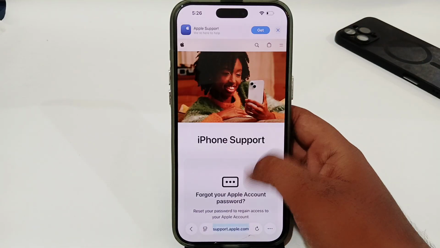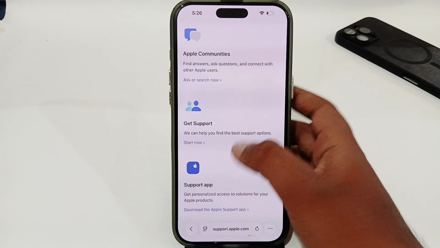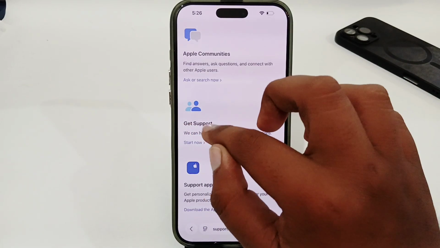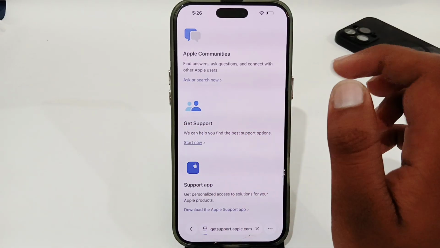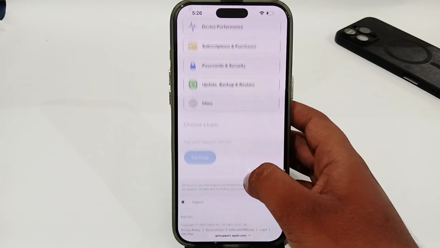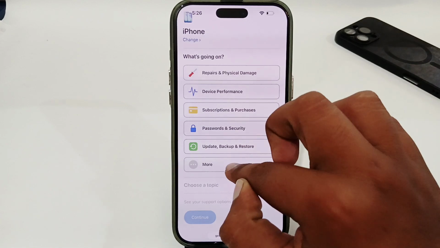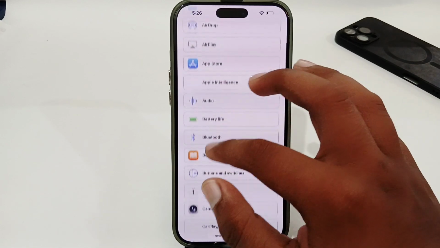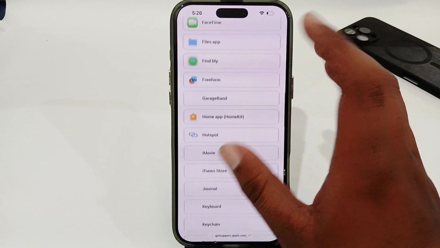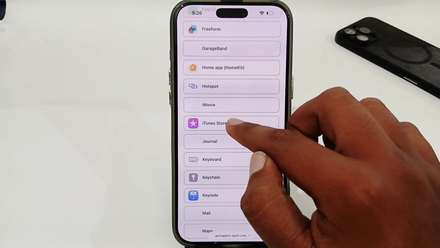Then you have to simply scroll down and look for the Get Support option. So here's the option of Get Support. Simply tap on it, and here you have to select the issue you have. Simply select More, and from here you will get different options. You just have to select the issue which you are having. In my case, I'm going to select iTunes Store from here,